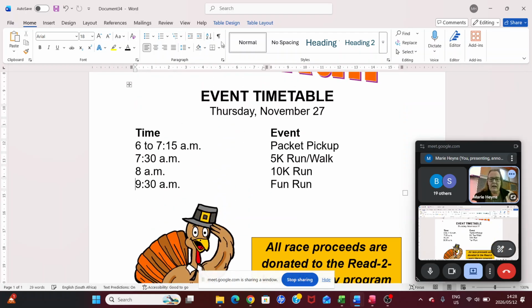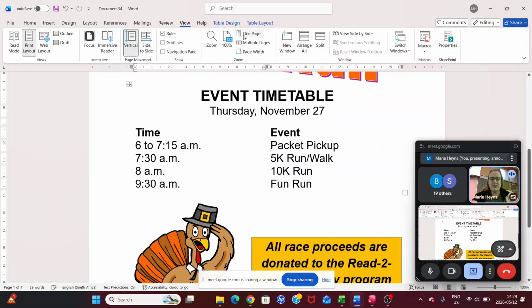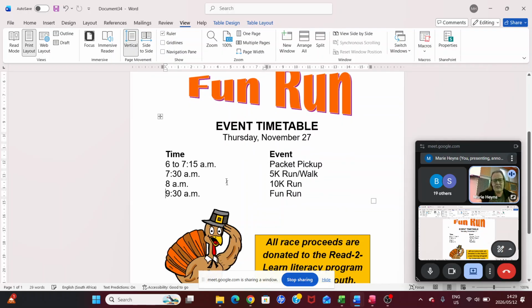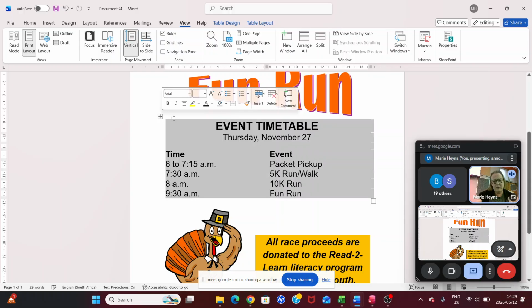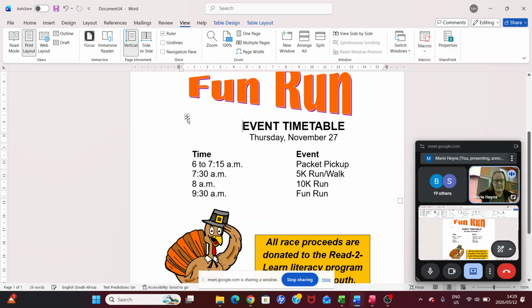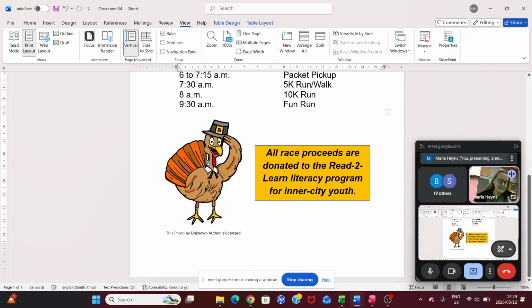Okay, so if I show you how it looks, one page, so I'm going to show you how my flyer looks. It looks like this. It's got my little word thing at the top. It's got my table in the middle, and it's got this at the bottom. One thing I might just want to change, I can always move my table a little bit more to the center to make it look a little bit more balanced. Like I said, not very good design practice, but anyway. And then, of course, I would just have added a border.